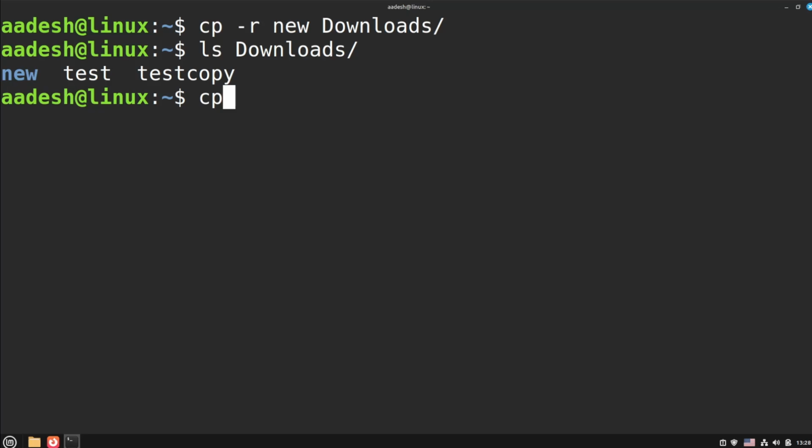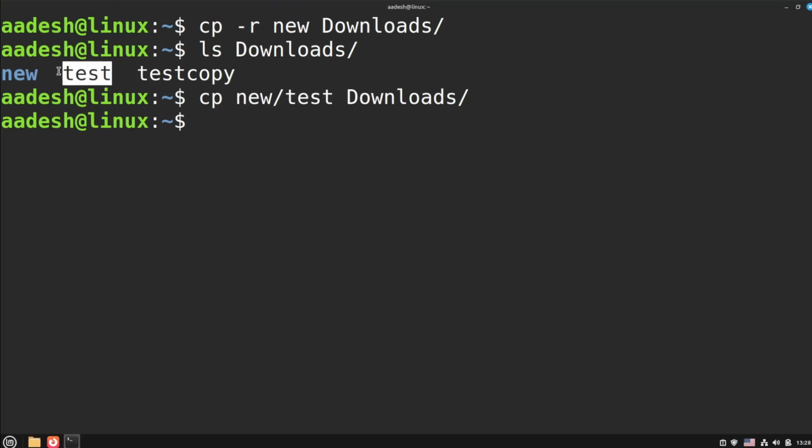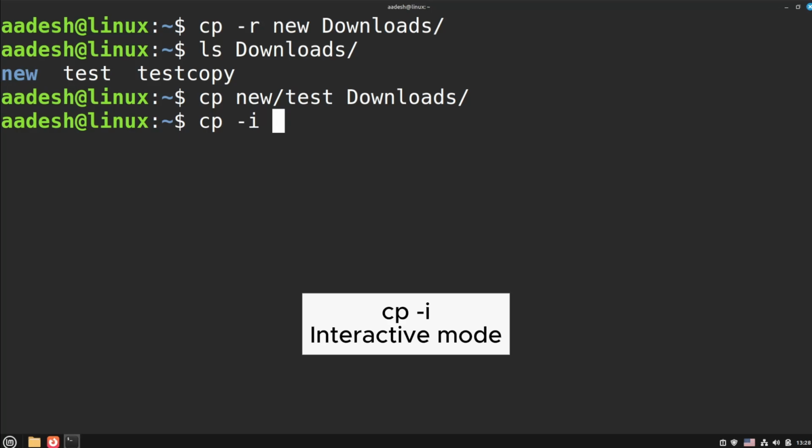Now if there are files present in the destination folder which have the same name as the source folder, then by default the cp command will overwrite things without even asking you. But let's say you don't want it to overwrite things. What if it could just ask you what to do? Well, you can do that with the -i flag or interactive flag with the help of the cp command. So type cp -i